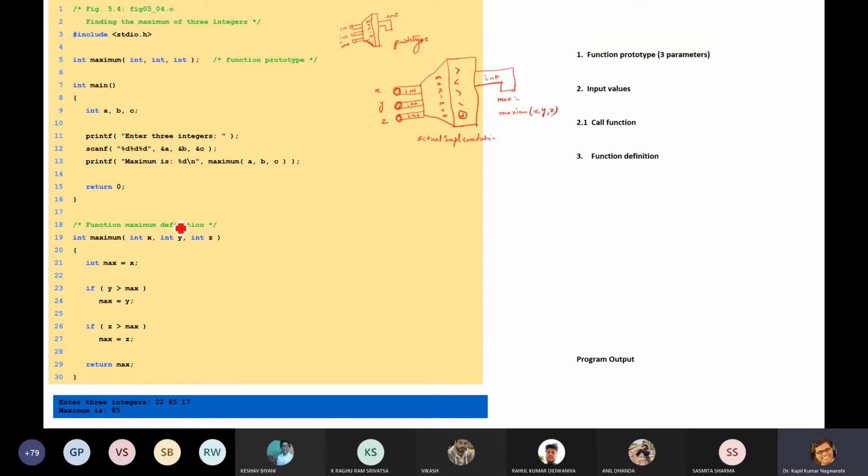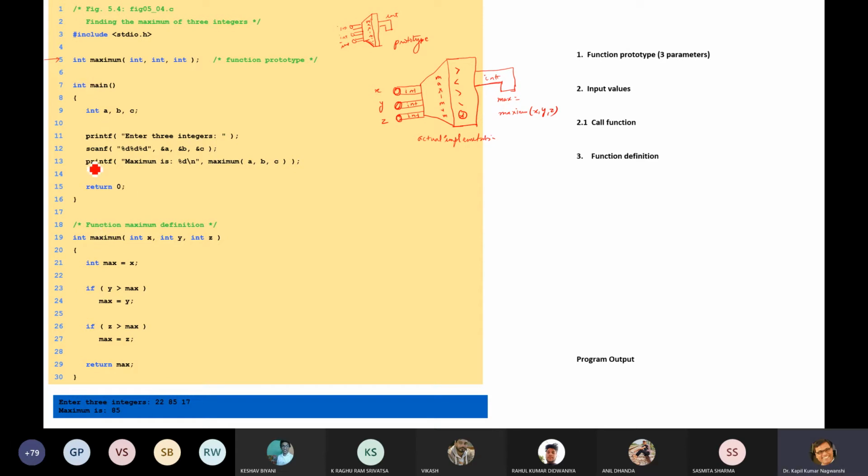Now why have we written the prototype here and why have we not written X, Y, or Z? To make the compiler aware that this kind of function will be there somewhere down in this program.